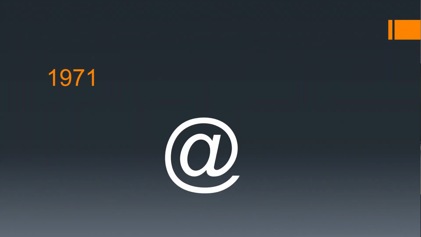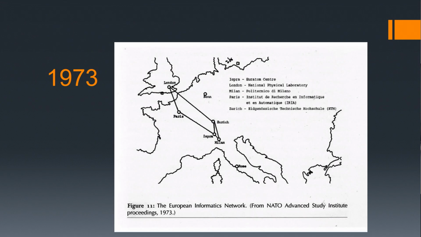In 1971, the same year Intel launched the first microprocessor and the first memory chip, the now famous @ symbol was born. It was once just used as an accounting and invoicing tool, meaning at the rate of. And it was chosen for networked email protocol on the ARPANET system. By 1973, 50% of network traffic was email. It was clear that closed networks were not going to be enough, and early work on making networks of networks, or internetworking, now abbreviated Internet.